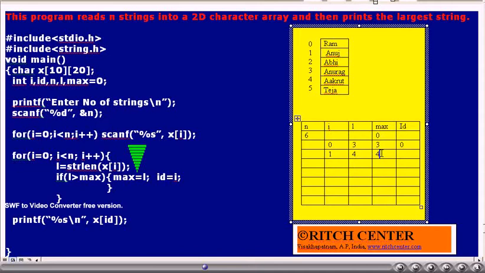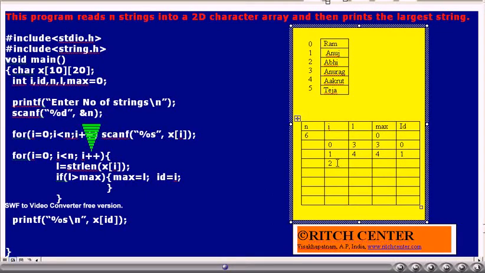Thus, L value 4 will be assigned to max. And i value, that is 1, will be assigned to id. Thus, id becomes 1. That is, the index of the string having more number of characters will be stored in the variable id. At the same time, its length will be stored in max now.